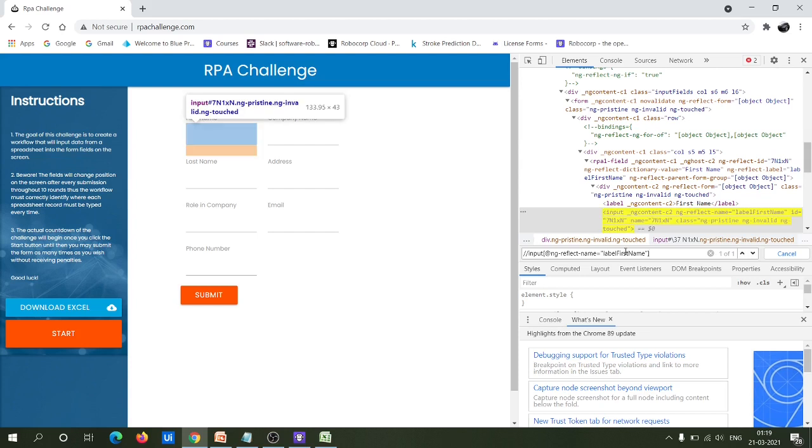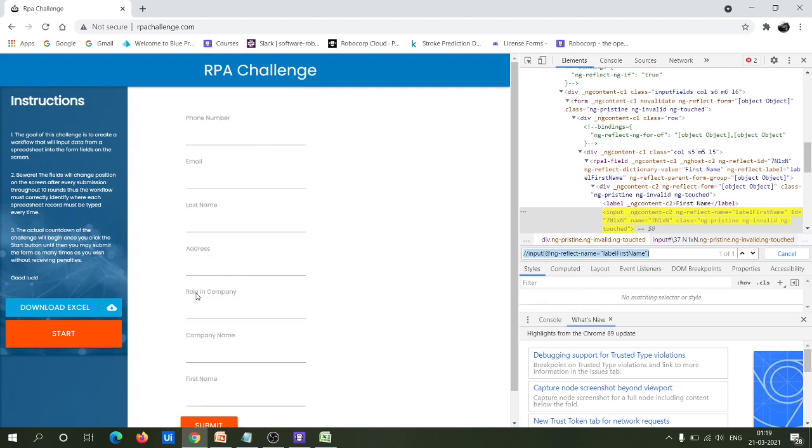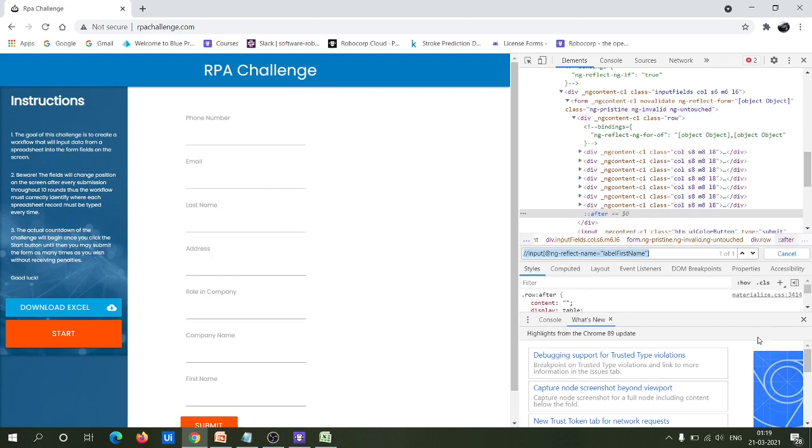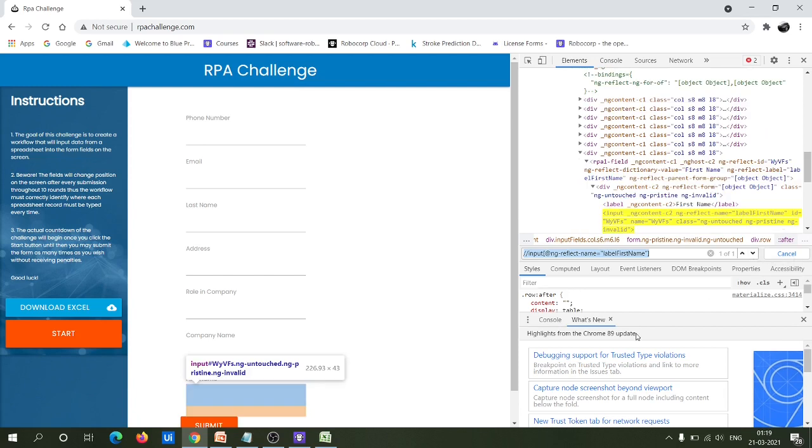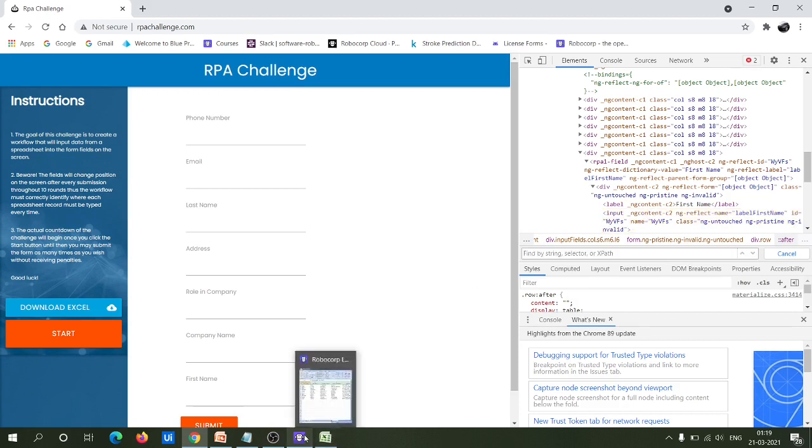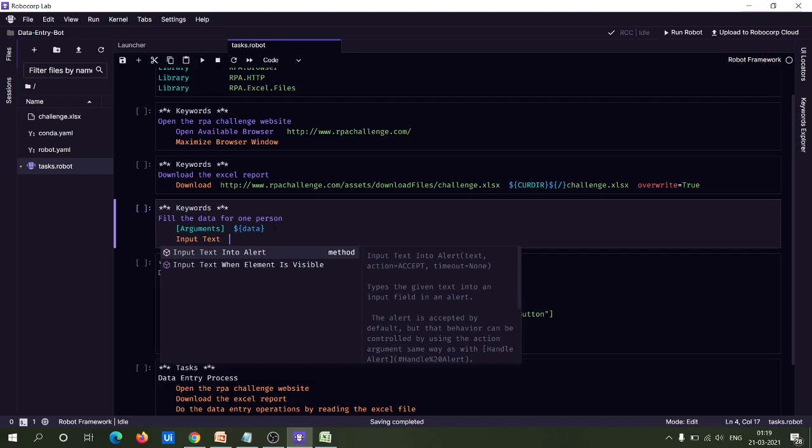Now you can see that when you write this XPath, this is the relative XPath, and the first name field is being indicated. Even when you click submit, the field position changes, but whenever you try to indicate, you can see that the first name is always getting indicated. So this is the locator that we need to pass to the input text keyword.